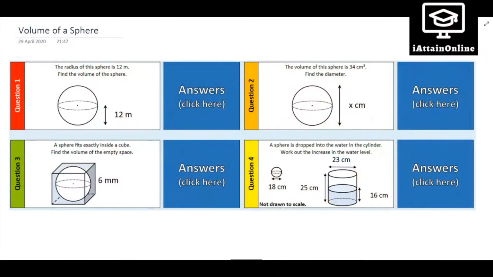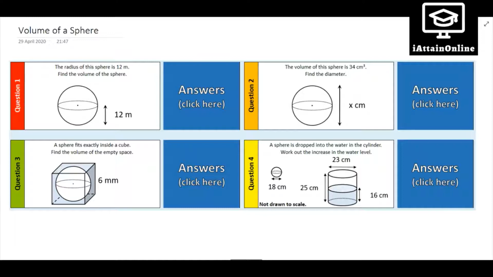Hello, so I wanted to do a video today on finding the volume of a sphere. This is quite a tricky topic, much more likely to be in a higher paper. These are the four types of questions that I will go over. So if you're working on anything that looks like any of these questions, then you can work through the